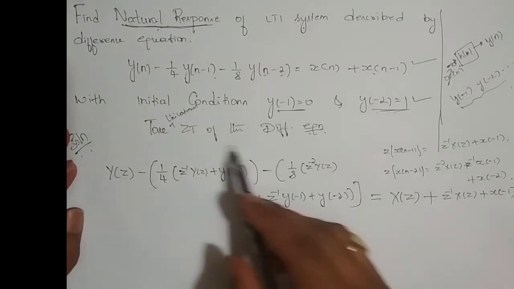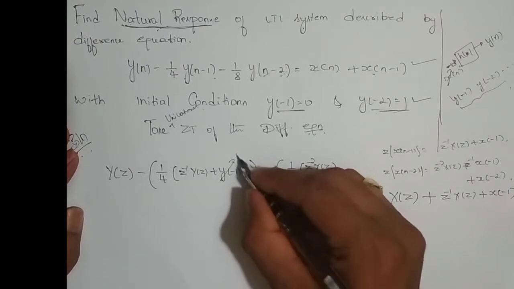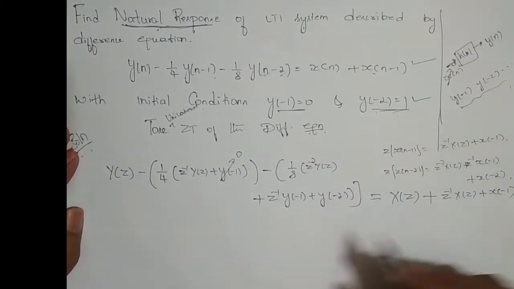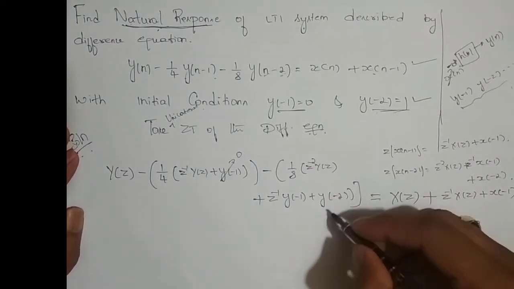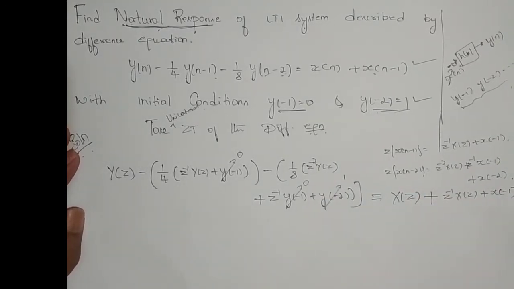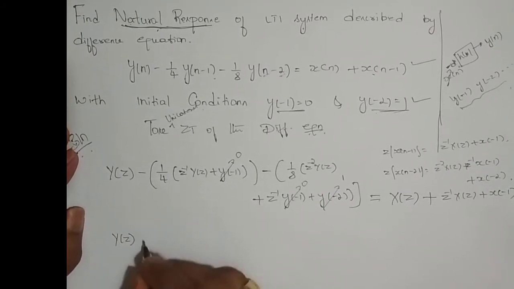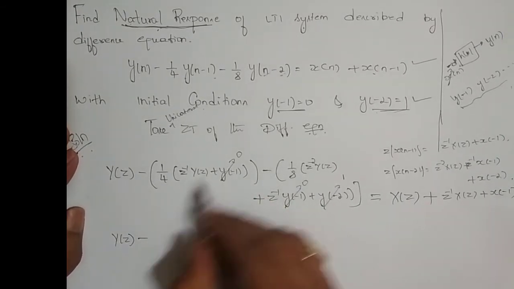Now we shall plug in the initial conditions here. What is the value of y of minus 1? This is 0. And what is the value of y of minus 2? y of minus 2 is 1. Correct? So what I end up with here is Y of z minus,